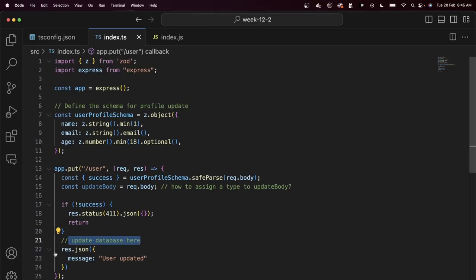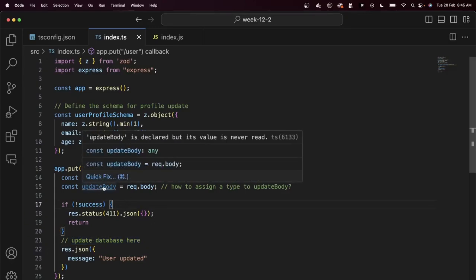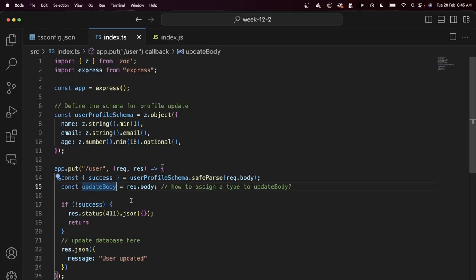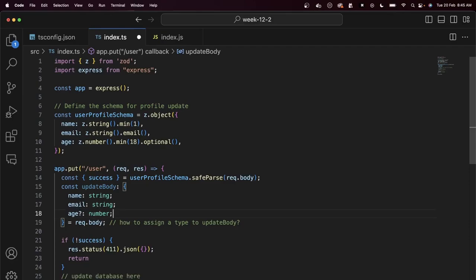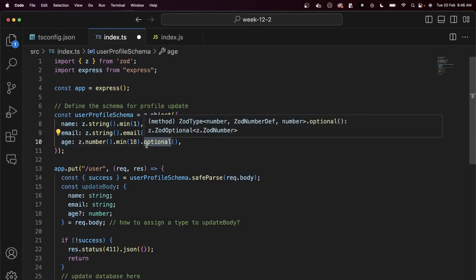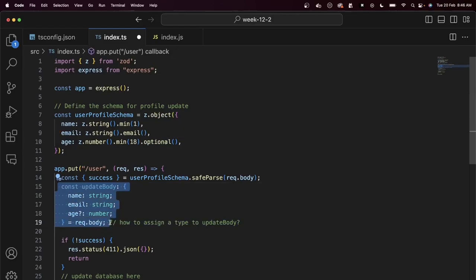What is the problem? The problem is you don't have very nice types here. Update body is of what type? It is of type any. What should it be? It should be something like this, right? It needs to be name string, email string, age number, which is optional because age is z.number().min(18).optional(), which means the user can and cannot provide it. We don't expect the user to give it. If they give it, then the validation works. If they don't give it, then also the validation works. If we have this, and it seems like it just works as expected,